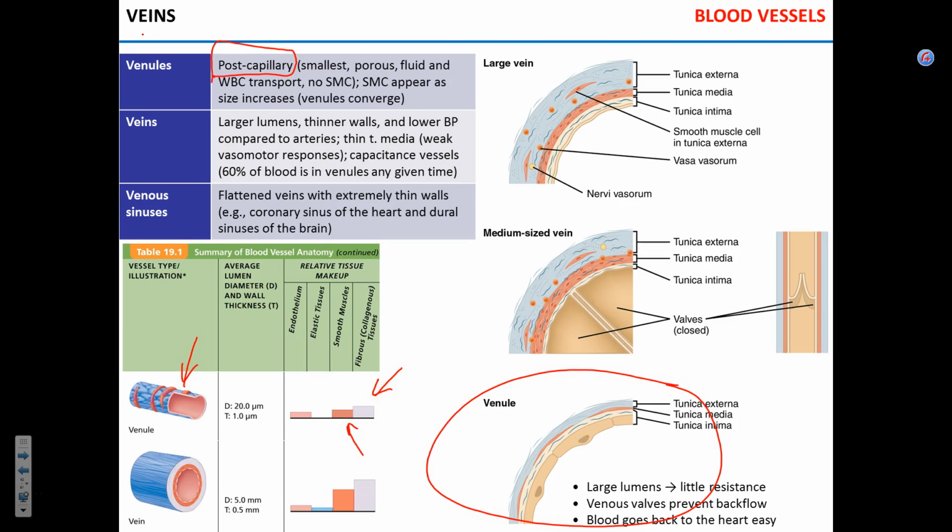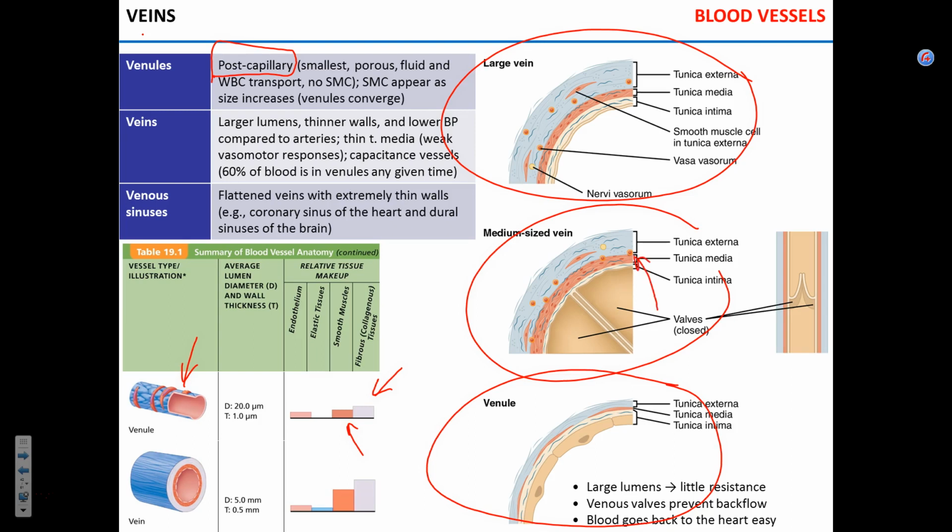Now, as venules converge, kind of many tributaries make a large vein, they become medium and large, and as the size of the vein increases, the proportion of the smooth muscle increases as well. Now, larger veins have fairly thin walls compared to the lumen diameter. So that's the venular lumen, and that's the wall of the vein. So they often are called